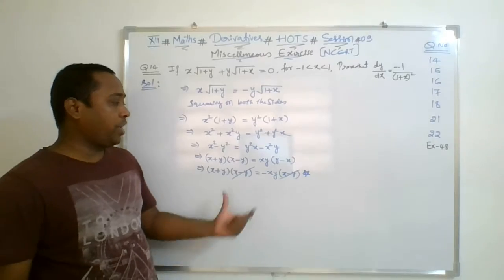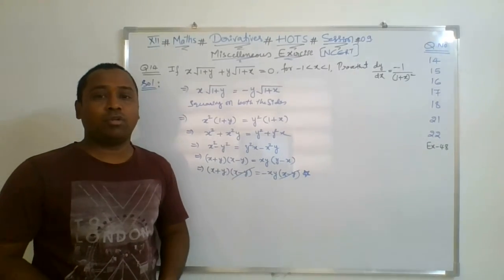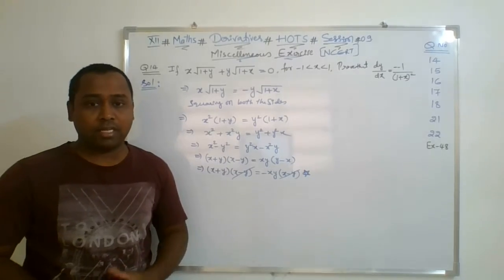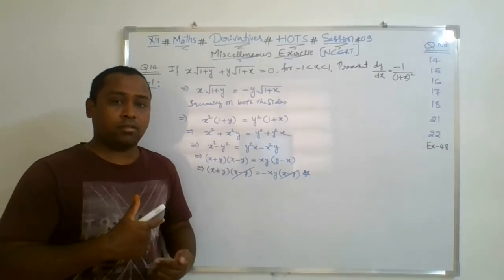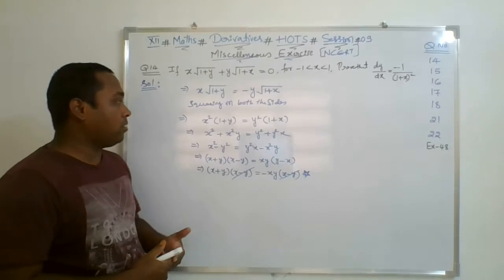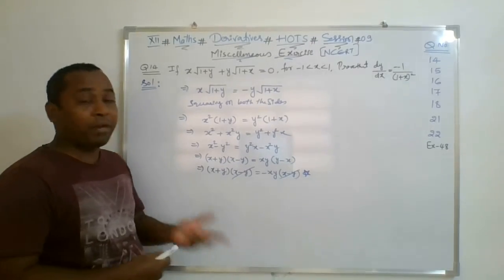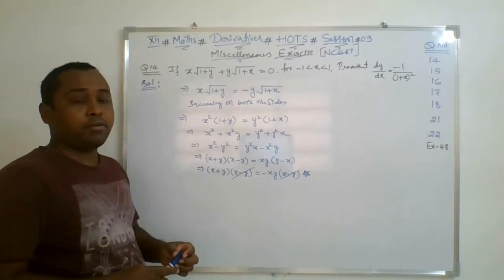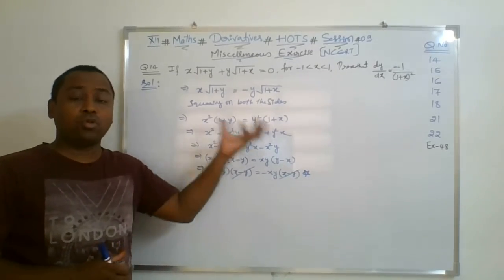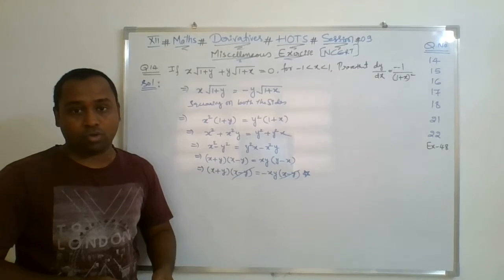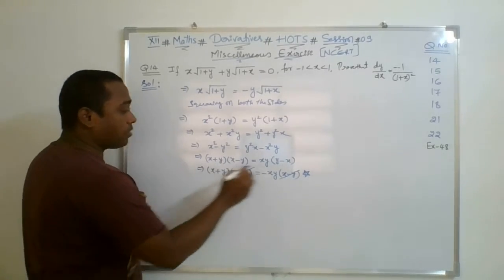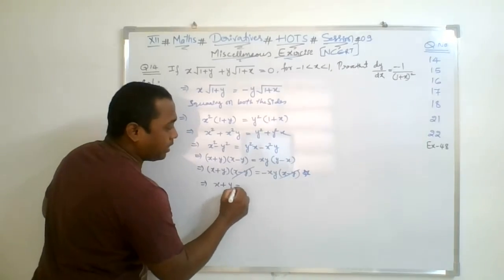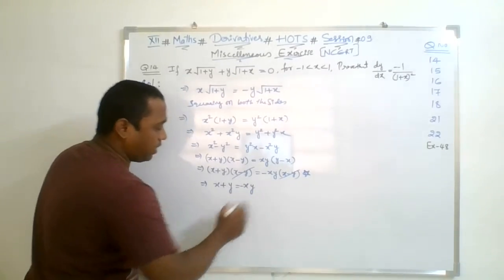This is the important key point of the entire solution. If a child does it in this manner, then he is able to solve the question within a fraction of seconds. Otherwise, he may get into complicated solutions. So please try to avoid that and be focused on those sums which are very tricky to solve, and make a star on those questions. What is left is x plus y is equal to minus xy.